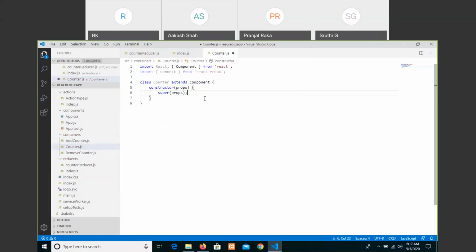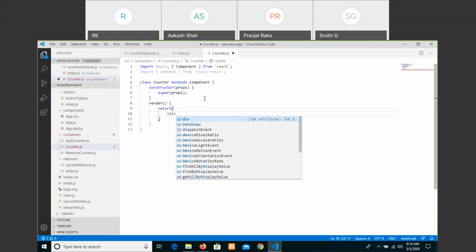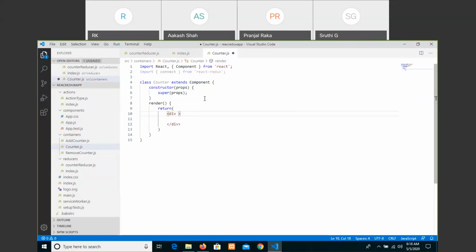Now let us design the output place. Render, inside this return a div with className equals container.